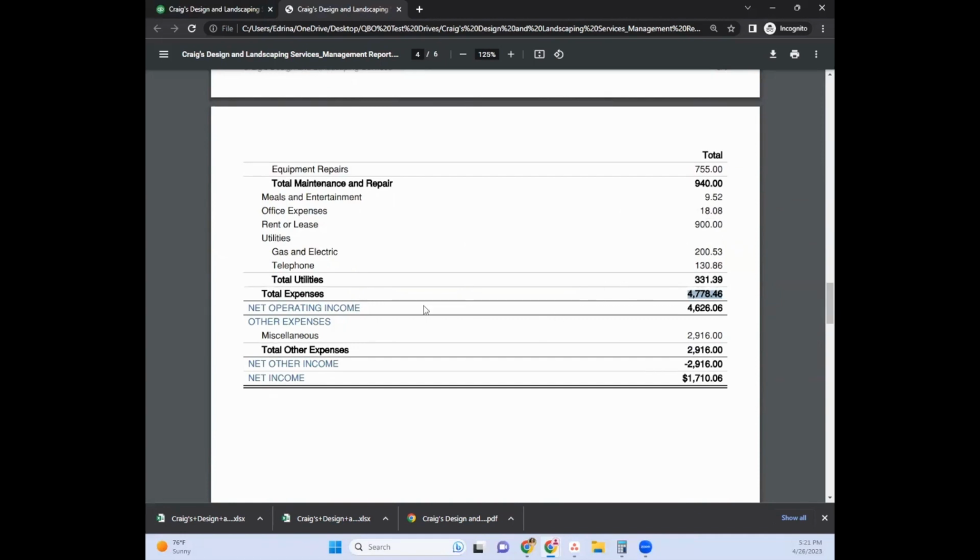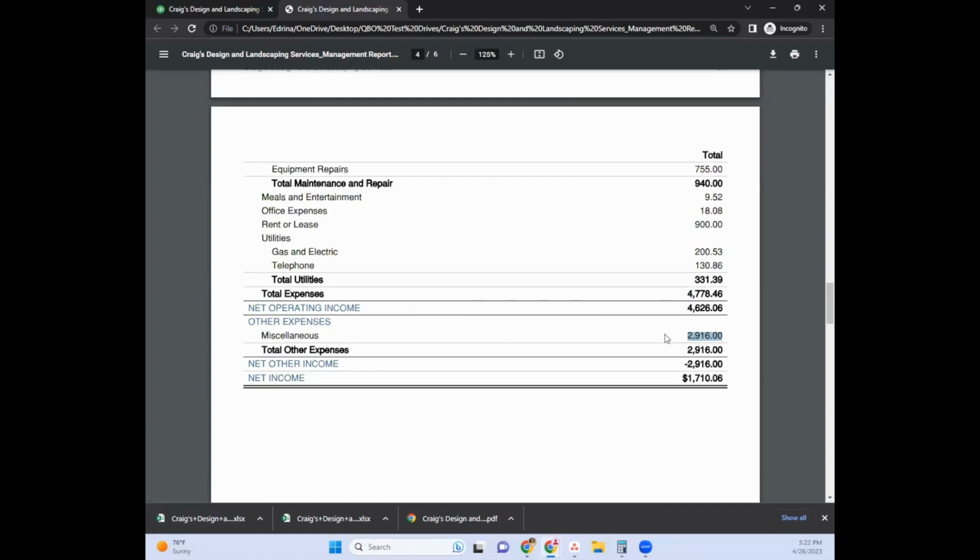And when it comes down to it, there is another subcategory for other expenses, miscellaneous, of $2,916. Now, this is very peculiar to me because when I'm looking at a financial statement and I see that large of a chunk, about $3,000, when his total expenses are less than $5,000, this is a pretty large chunk. So I would actually drill down into this to see what it actually is